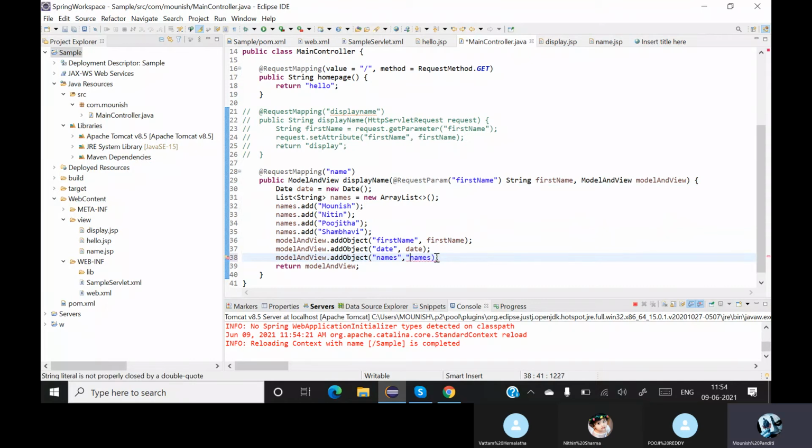Another thing to be noted is this name can be anything. It is not required to be the same. If I put teams over here also, it is okay. There is no problem with that. The only thing you need to do is the object should be the same. Now basically I'm adding the object to the model and view.